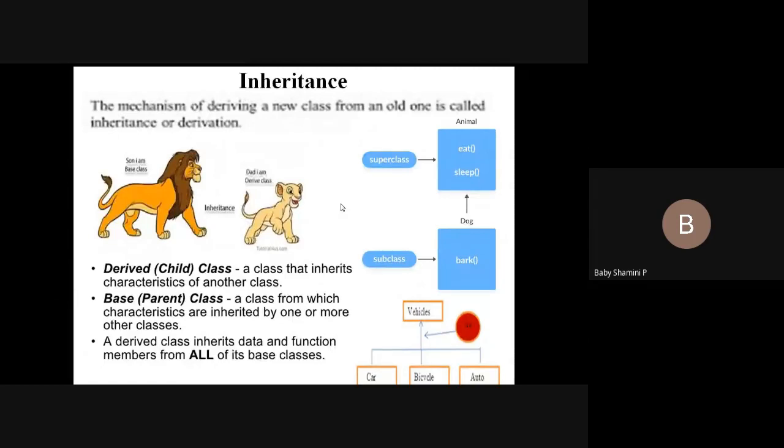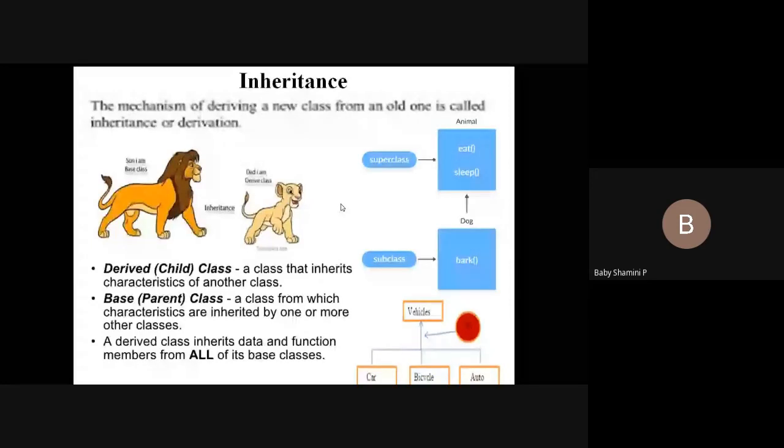In this way we can develop a software. But if the software is developed by someone else and we need to add extra features to the existing one, we go for the inheritance concept. Because the owner is someone else, we want properties from the existing ones.